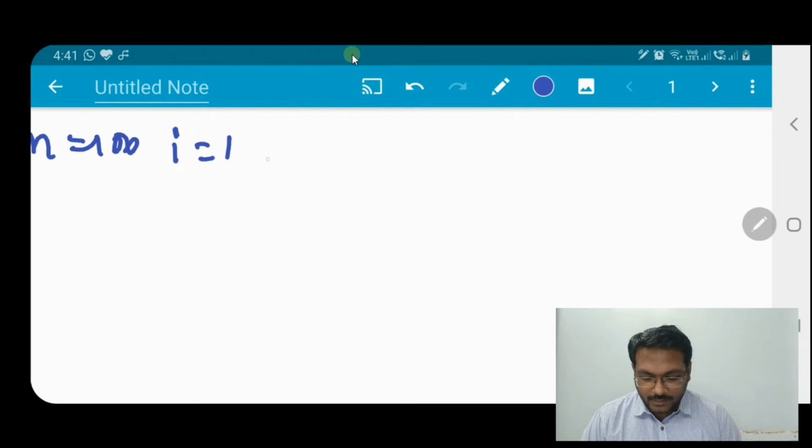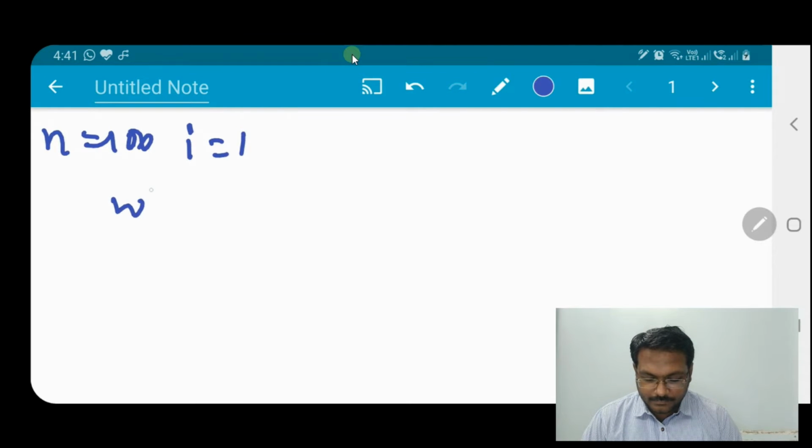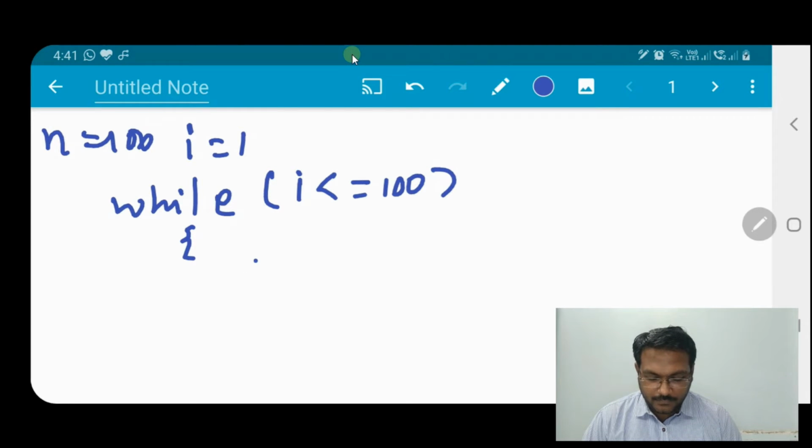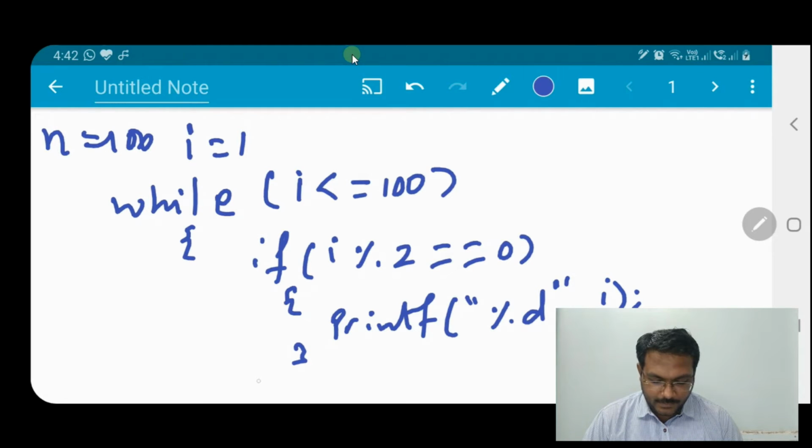So we can write: while i less than or equal to 100, if i modulo 2 equal to 0, printf %d, i plus plus, curly braces end.